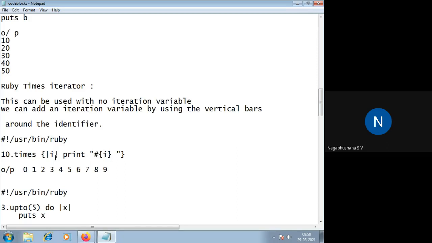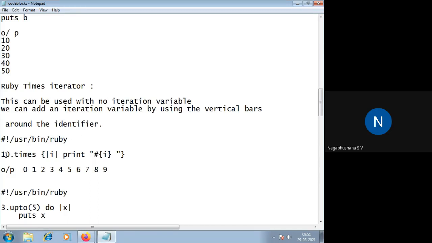So by default, the value of i will be 0 in this case. Since I have to print 10 values, it will take 0 to 9. Suppose I replace 10 with 20, it is going to display the values from 0 to 19.